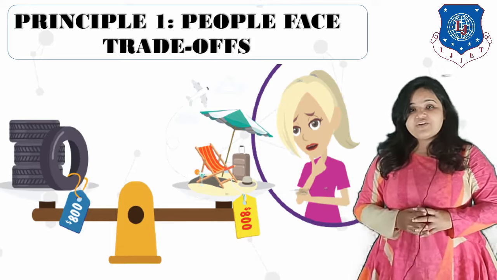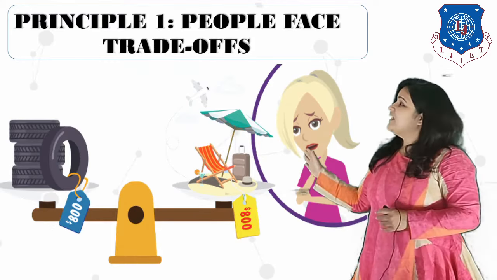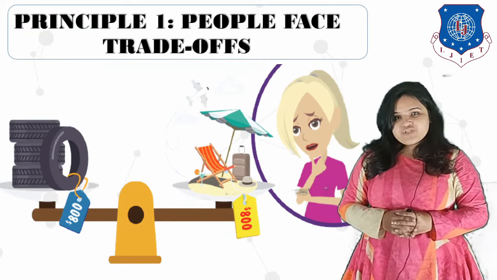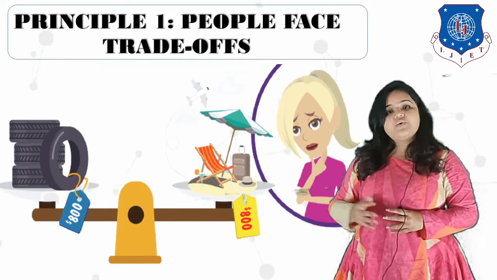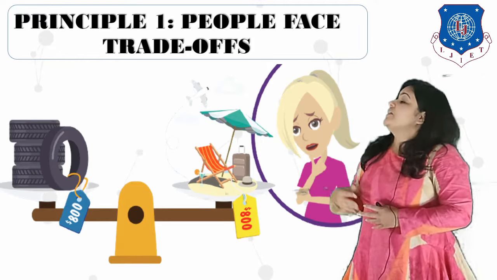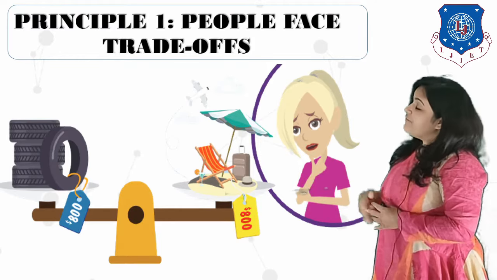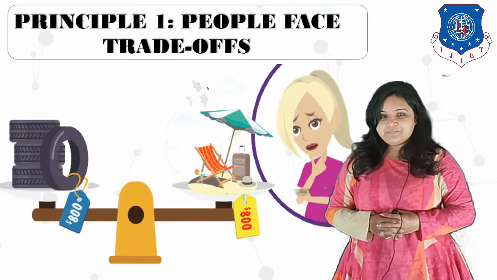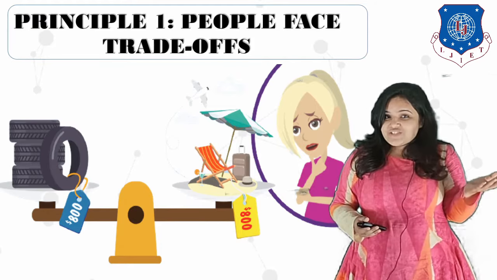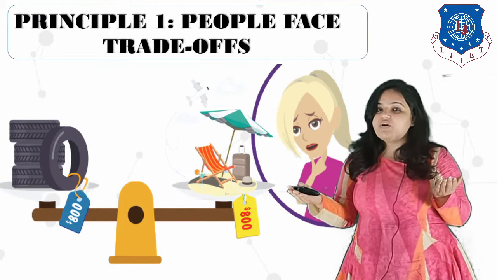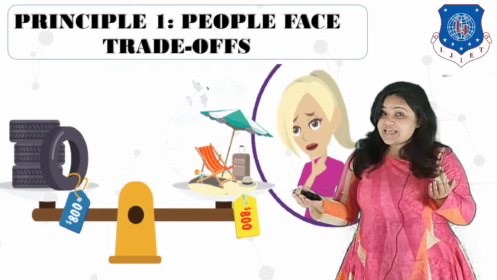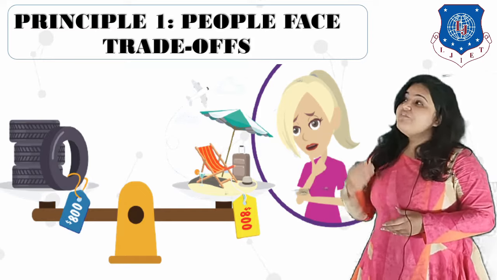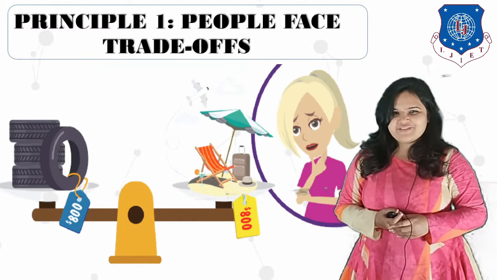Because the resources are scarce, you will always face a trade-off between this and that. As she is facing a trade-off right now, she just has $800 on her and she has 2 options. Either she can change her car tires or she can go for a vacation. She needs to make a decision where to use these $800, which is her priority. But if she changes the car tires, she has to let go of the vacation for now. If she decides to go on a vacation, she has to let go of the car tires and wait till a later date to change those tires.